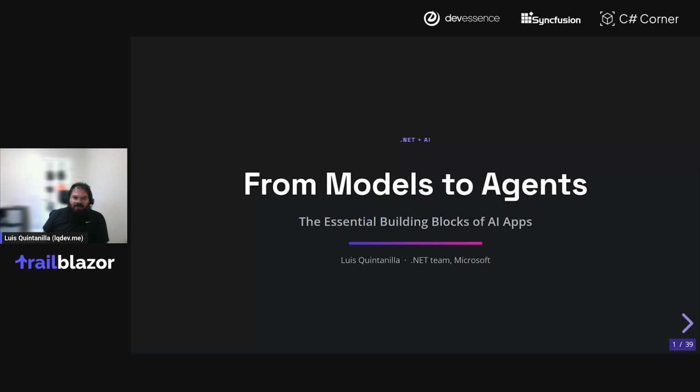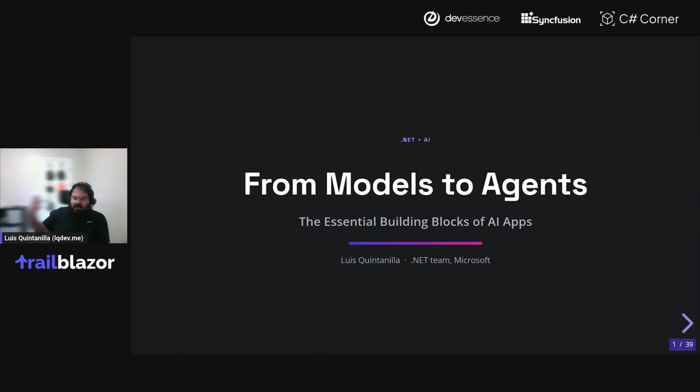Most recently I spent my time working with the team on a set of libraries and building blocks that I'll be talking to you about today. Generally or colloquially, they're known as MEAI or Microsoft.Extensions.AI. But that whole universe over the past few years has continued to expand, to fill the different building blocks that you need as a developer to build AI applications, right?